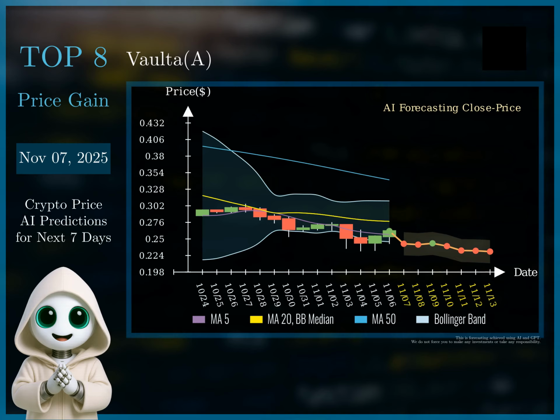position at $0.231. Set a stop-loss order at $0.246, just above the lower Bollinger Band, to limit potential losses if the price reverses. The target price is $0.22, a conservative estimate based on the forecast and support level. This strategy aims to capitalize on the predicted downtrend while managing risk with clearly defined stop-loss and target levels.